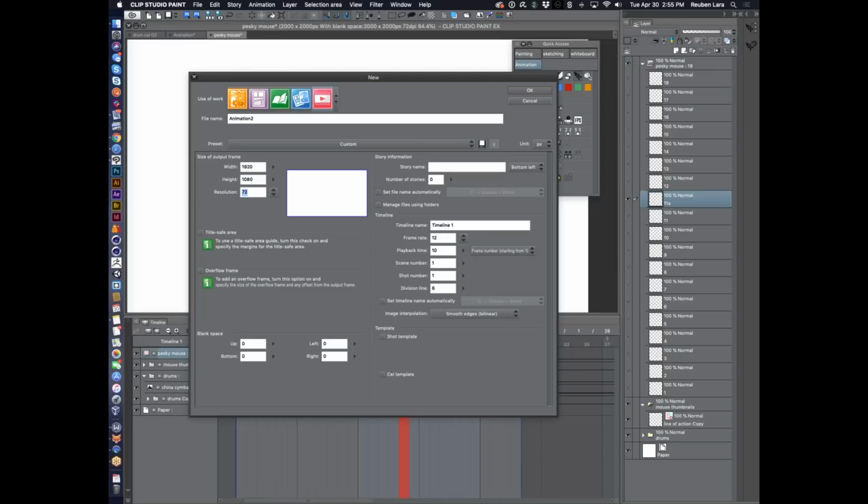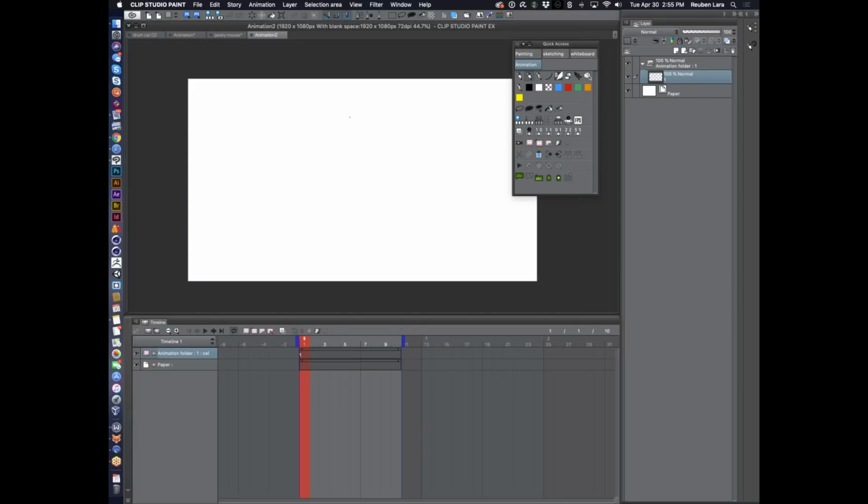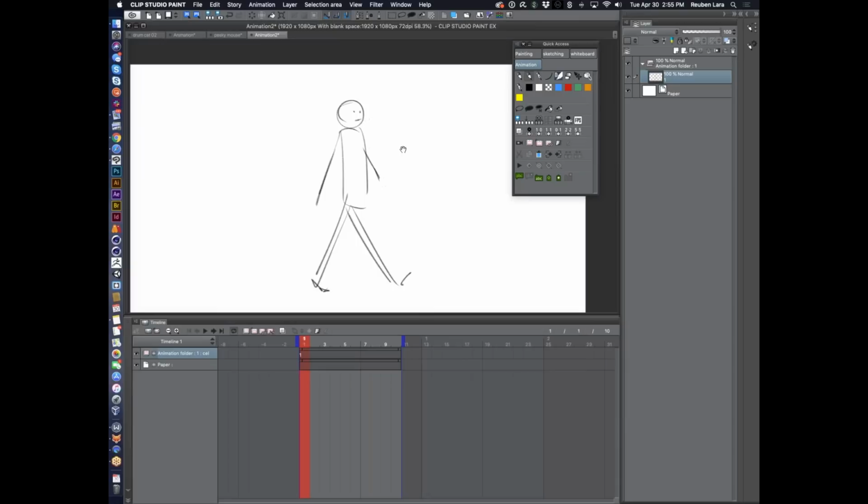wide and high. But let's say later on in After Effects, your final shot is going to be zooming in onto his face. So that means that this 1920 animation, let's just say there's a guy here, and you have this nice sweet line work, and it looks great from here, but now we zoom into his face and that's what it's going to look like in your final production because you don't have enough resolution. So what you need to do is determine how close this piece is ever going to be zoomed in and